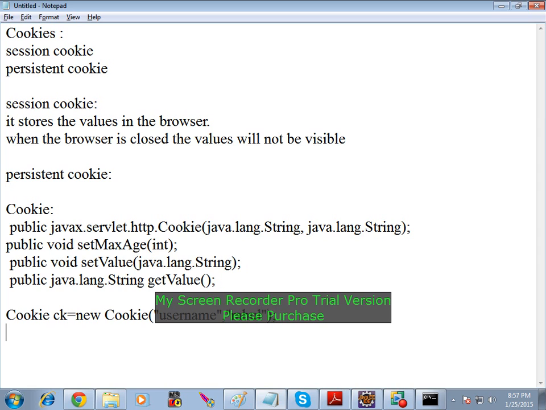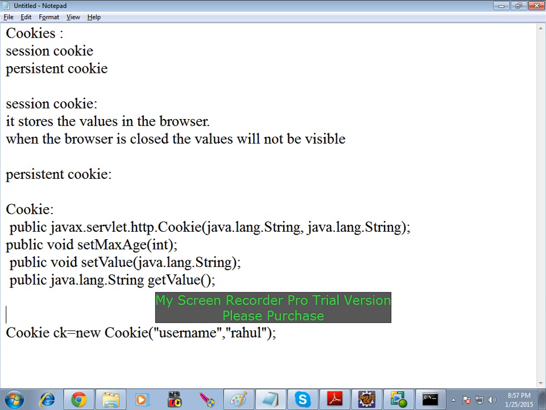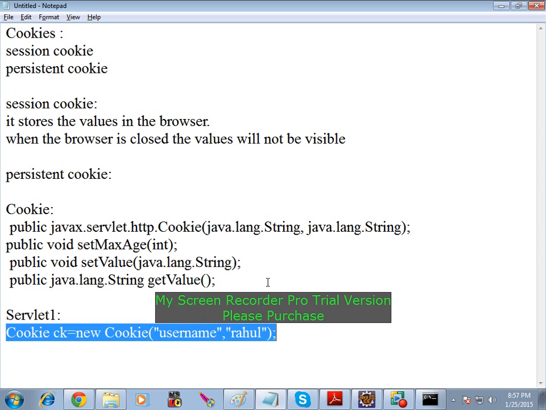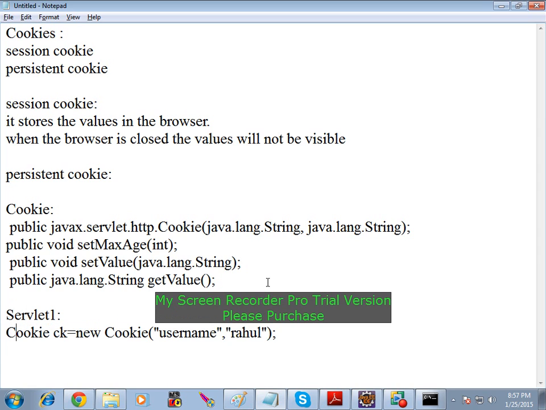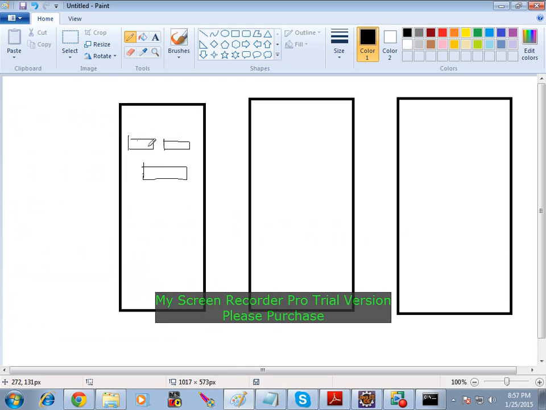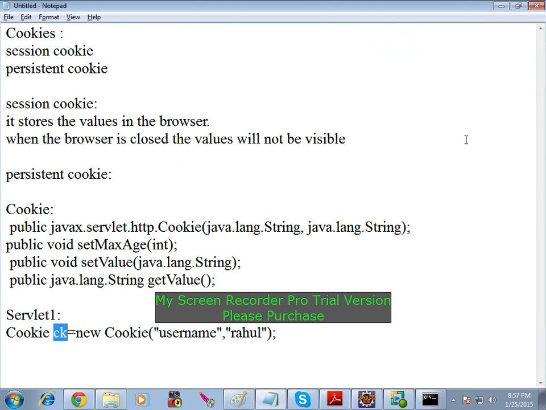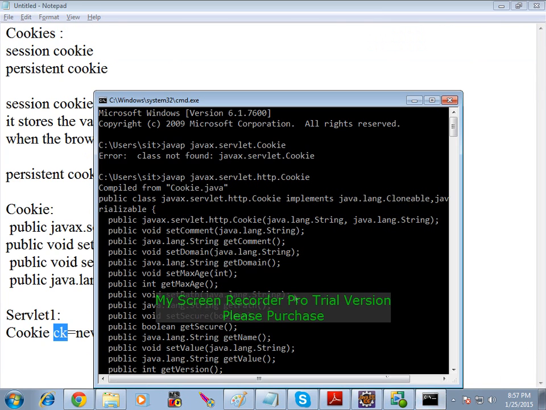Okay. Next, if you want to have another cookie, you can have another cookie. But I want to send these things into another servlet. Say this is servlet 1. In servlet 1 I am writing this class. I have a value in an object known as ck. Now I have to transfer this value from this servlet to another servlet. Okay. For that we are having,